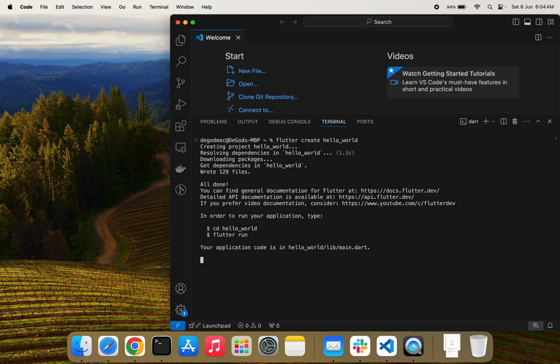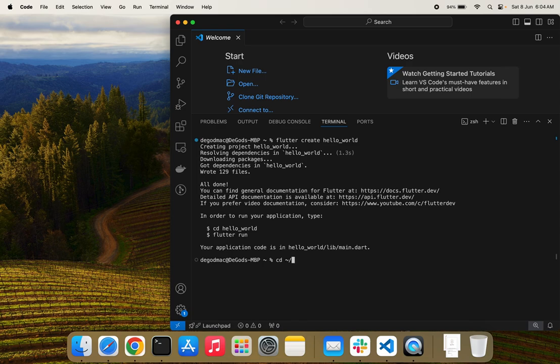Perfect. Now, the only problem I see right now is we have just created this app in a location that we do not know. So it is going to be wrong. Like I recommended, you should have some sort of folder somewhere within your system where you can always create all of your applications, all of your resources, and flow with it. In my own case, I'll be navigating to the